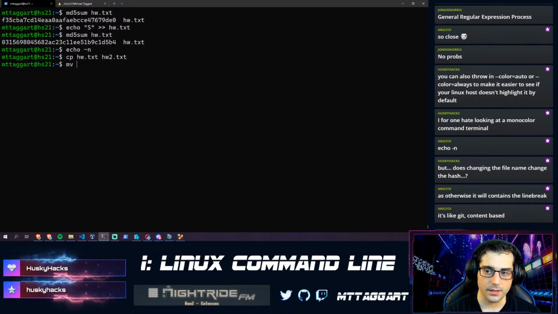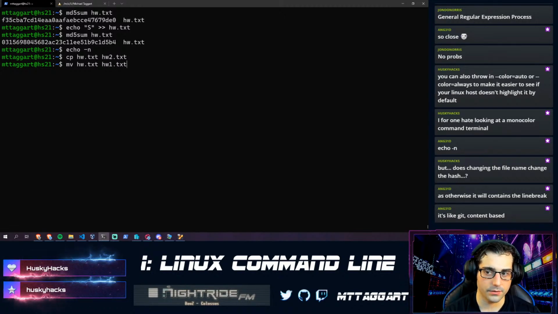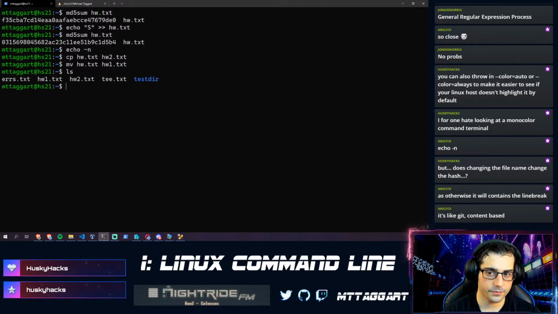And then mv is move or rename. The reason mv is move is because it's the same thing. A move and a rename are the same on a Linux file system, right? So if I move it, I can send it to like temp hw.txt, or I can just move it to hw1.txt, right? And yes, if I want, so Angel, to your point about the